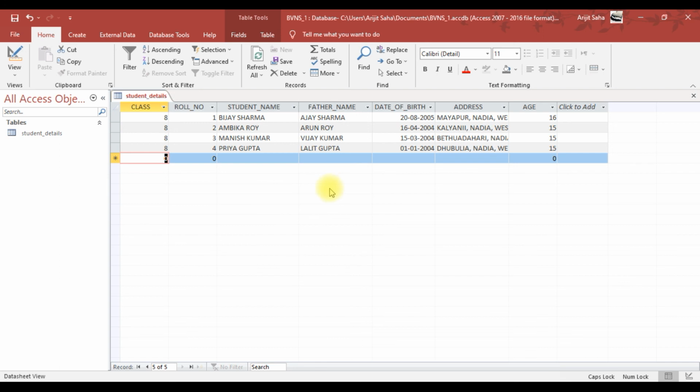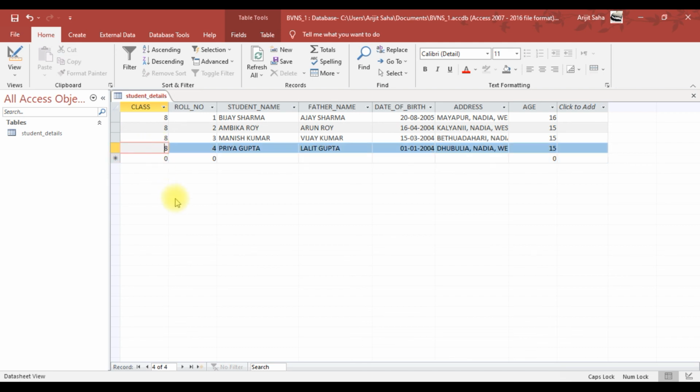So now as you can see, to edit the data, just click on the particular part of the table you want to edit. Suppose you have made a mistake entering some value, just click on it, and you can erase the data from over here and write the data. Okay, so this is how we can easily edit the table that we have over here.